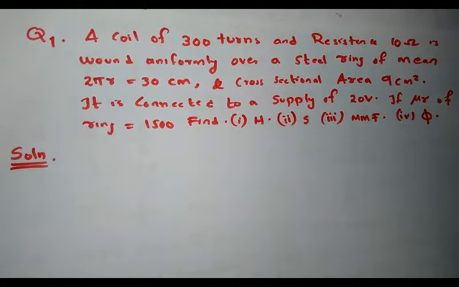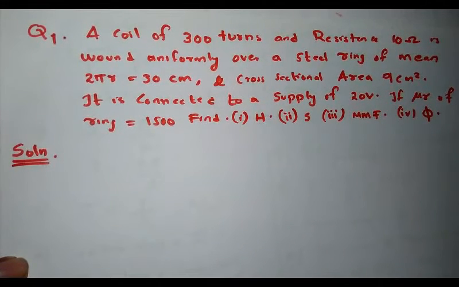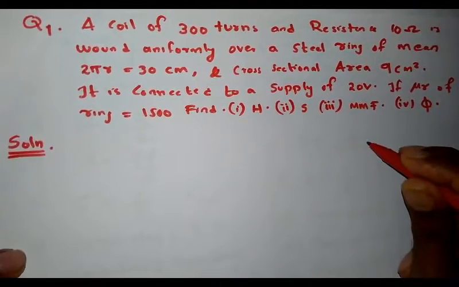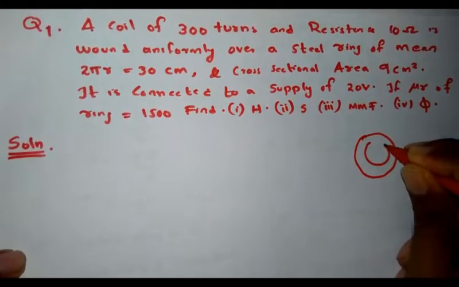This problem is very simple if we carefully understand the concept related to magnetism. So basically for this problem, firstly I have to draw the magnetic circuit corresponding to this problem. Here the magnetic core is a steel ring, that is a circular cross-section ring. So I have to assume the magnetic circuit as a circular cross-section ring. This is my magnetic circuit